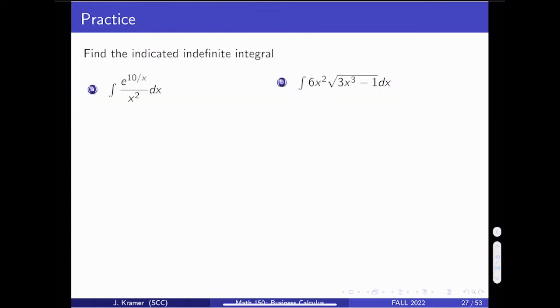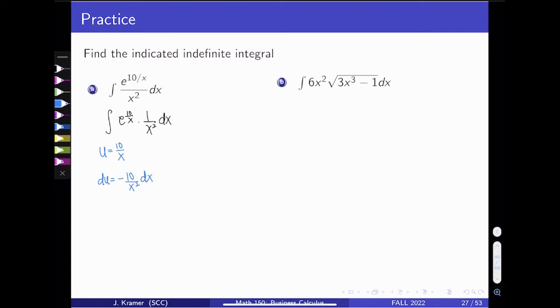Let's take a look at some examples of indefinite integrals using the substitution method. In part A, we're looking at the integral of e to the 10 over x squared dx. While it doesn't look like a product, I could rewrite the integrand of this integral as e to the 10 over x times 1 over x squared dx, noting that this is the power of e to the x. Then it would be nice to make the substitution of u equal to 10 over x. And we'll take the derivative of both sides of that equation so that du equals negative 10 over x squared